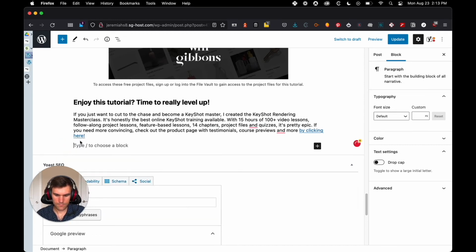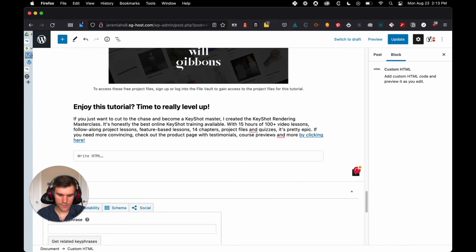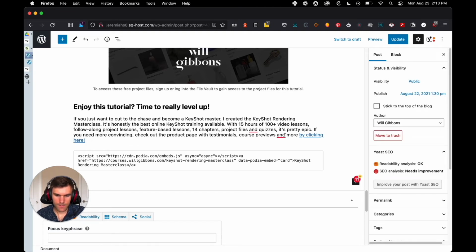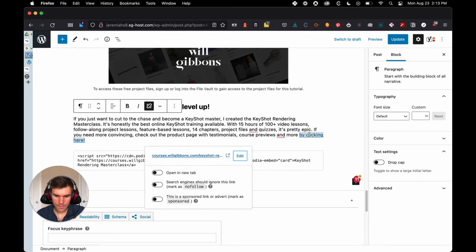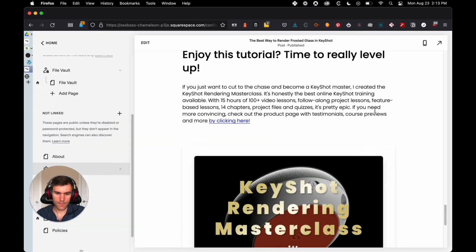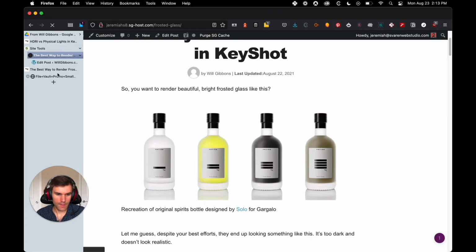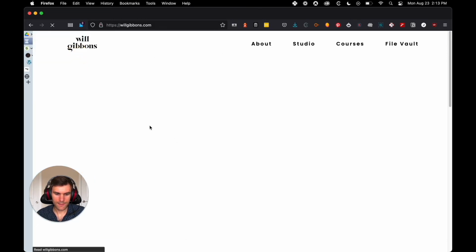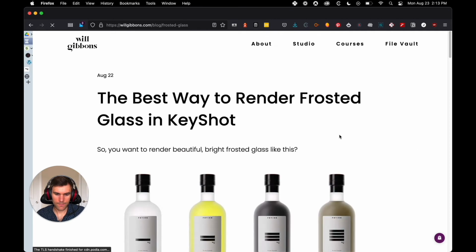So if you have any custom HTML you need to do, you can just simply type in HTML, and that is that. Okay, so we're going to go ahead and hit update. And now at this point, we are going to view the post and make sure it looks like it's supposed to. So we're gonna open up the page right here, go to the home page, pick up the first one,